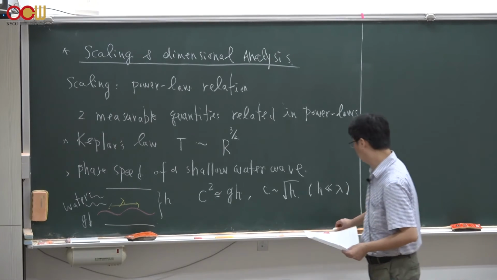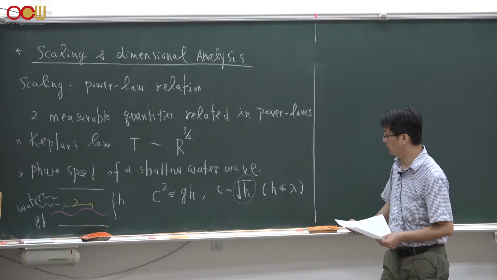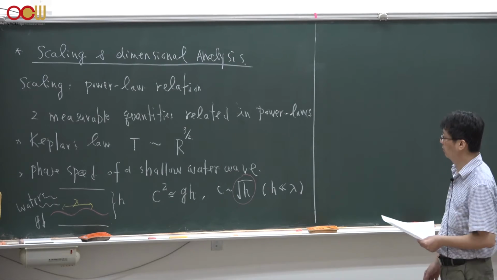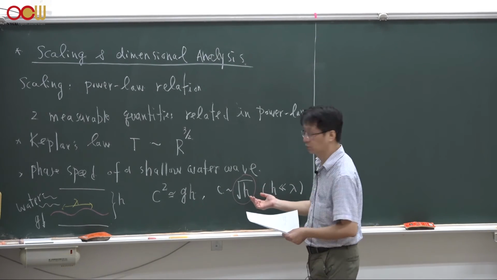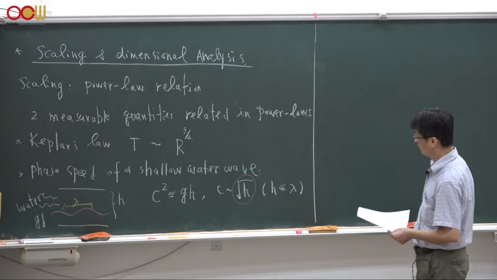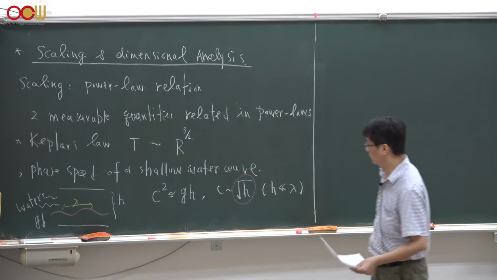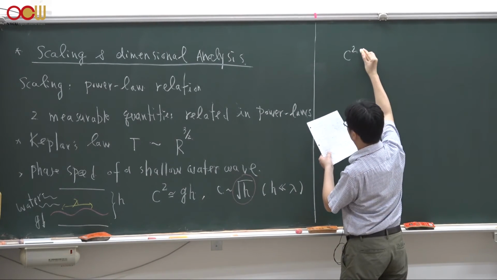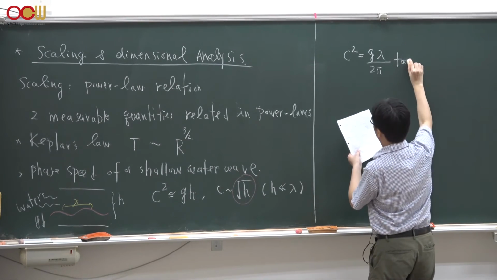Again, there's a power law, the square root of h, for the phase velocity c in relation to the height. This is the second example of a power law relation of a certain quantity in relation to some parameter which could be measured, for example, this height. But this is simply a limiting behavior when the height is much smaller than the wavelength. In general, this problem can be solved more precisely, which has this form, and I don't have time to